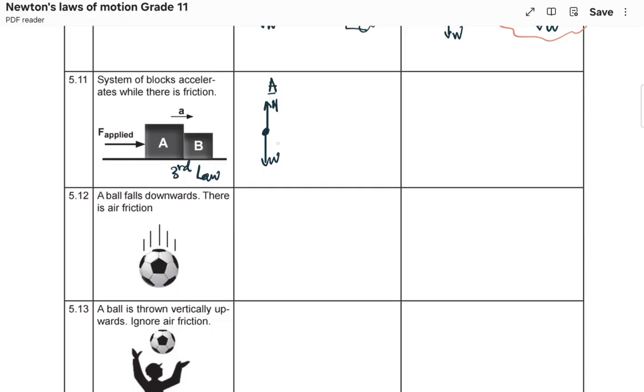So for A will be the force, and there will be the force of B on A. The force of B on A is pushing that way. So for B,